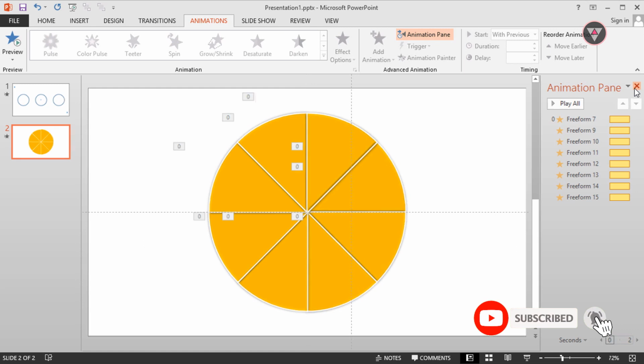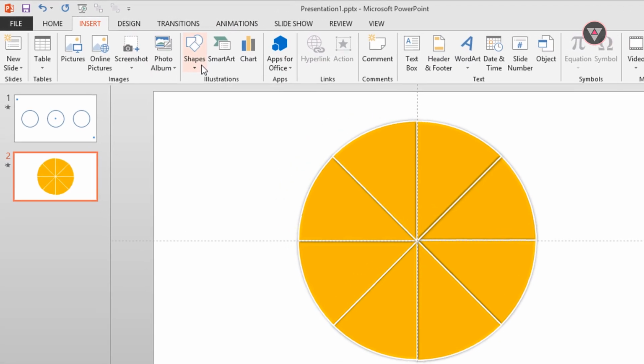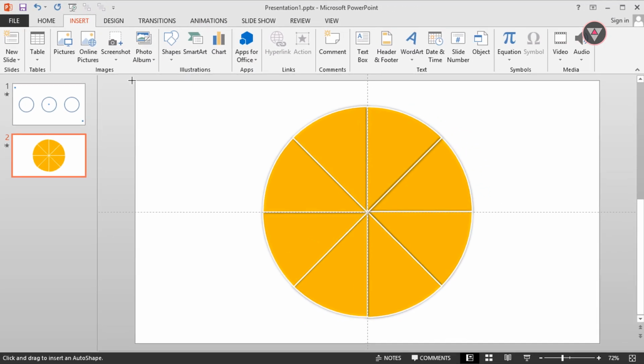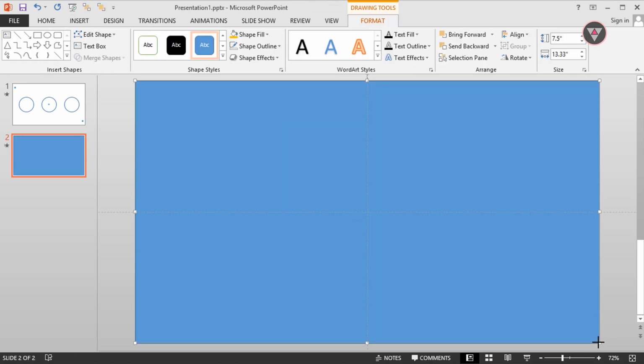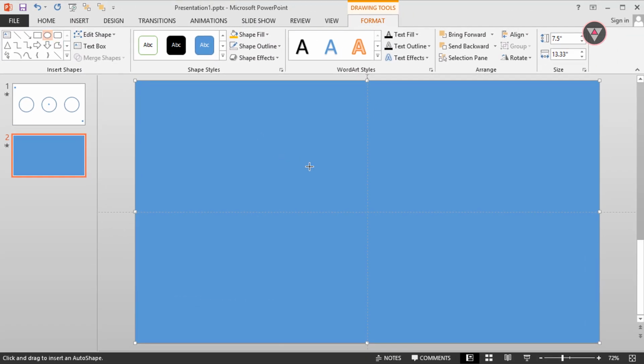I will keep the animation within a small circle and hide the outside of this circle. So let's take a rectangle shape and drag it over the full slide. And also take an oval shape and drag it to the center of this slide.